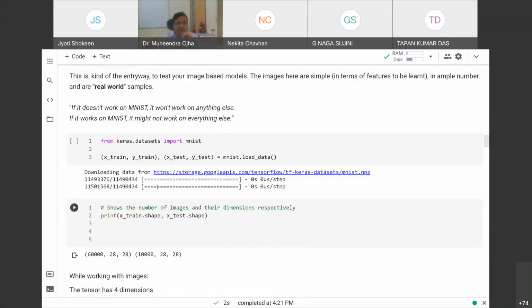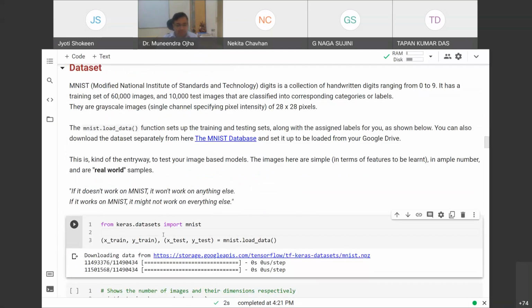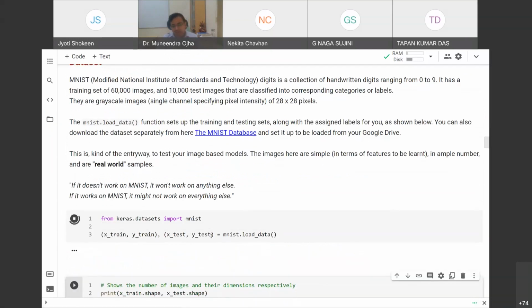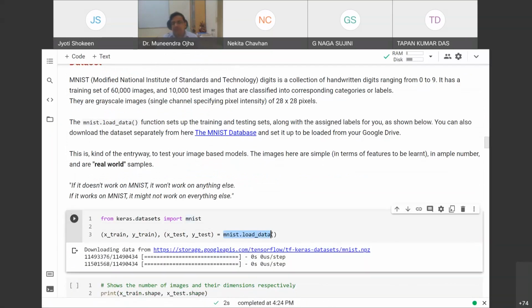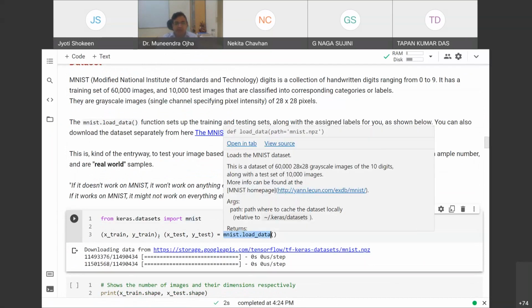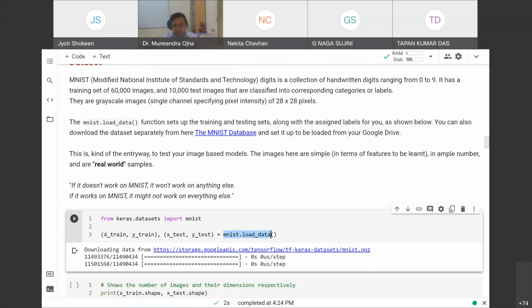So this data set, let me execute it for you. When I run it, this mnist.load_data function is called, and the data is loaded and returned in two tuples. One tuple has the train data, so x_train are the data set features and y_train are the labels, and then this tuple is the test data set. x_test are the features and y_test are the labels.